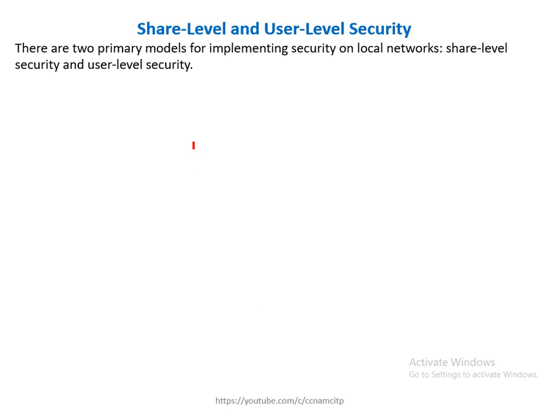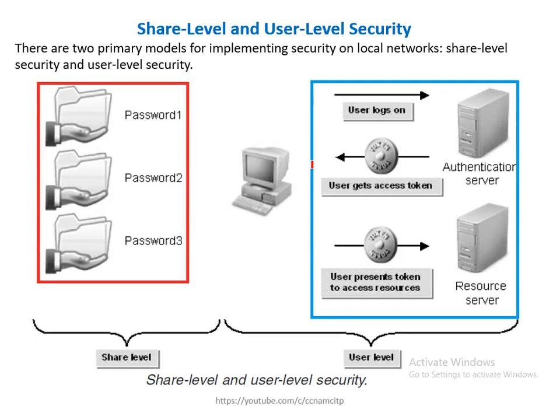Basically there are two primary models of implementing security on a local network: share level security and user level security. This is the scenario of both, this is share level and this is user level. It is very simple to understand. For example, if I am sharing something, I have to assign a certain password for those users. I have shared one piece of data, so I have to give the password to that user, and only then can he access it. Now if we talk about user level,